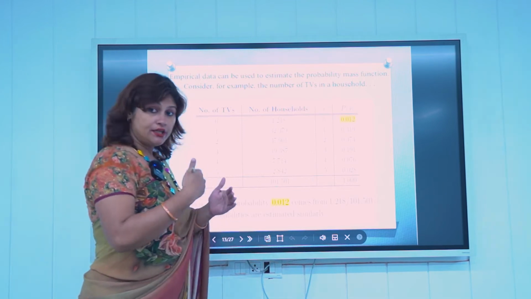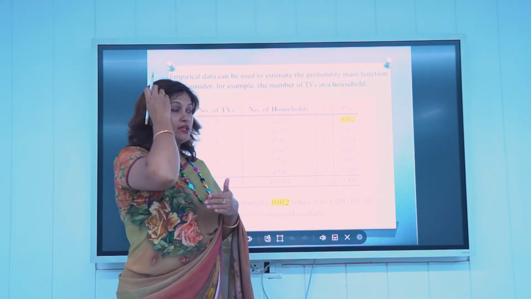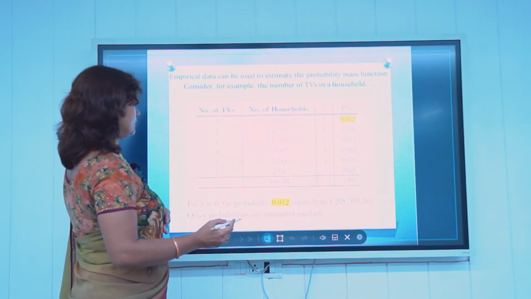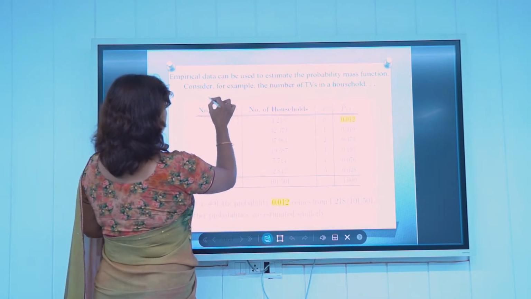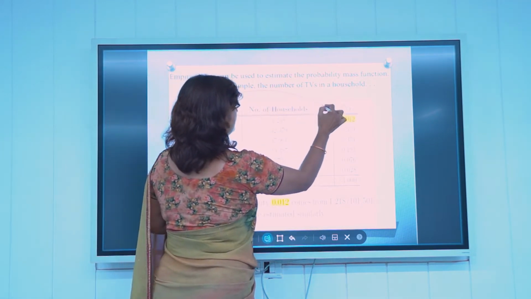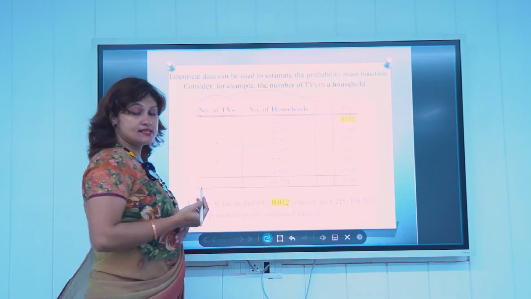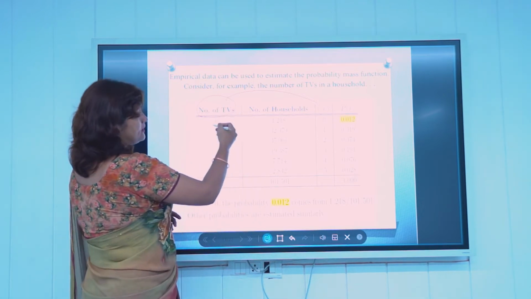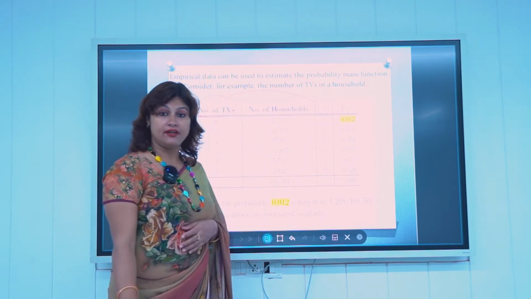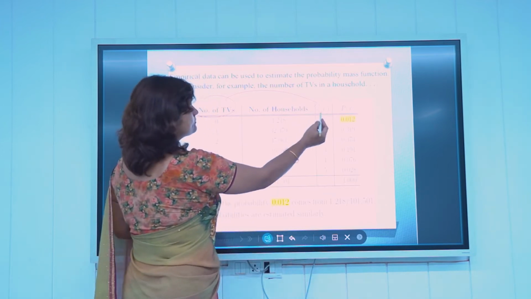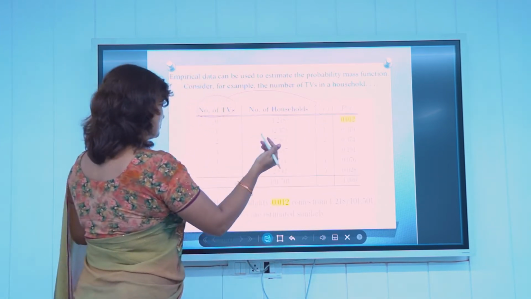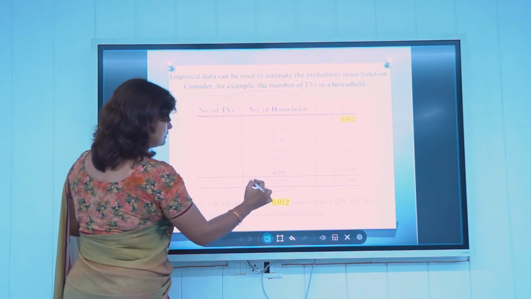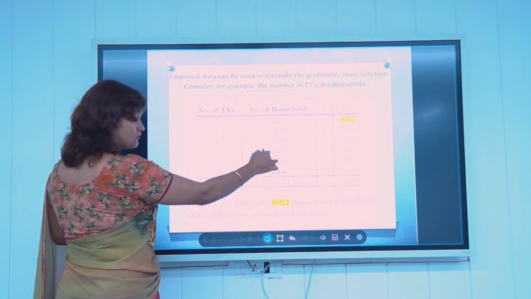So converting it into our mathematical way, the number of TVs will be named capital X. This is the mathematical nomenclature I have used here. This number of TVs, named capital X, is the so-called random variable. Then comes the probability of each and every case. That probability will be the number of households for that value